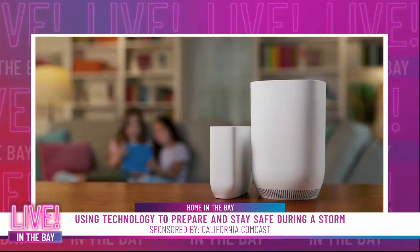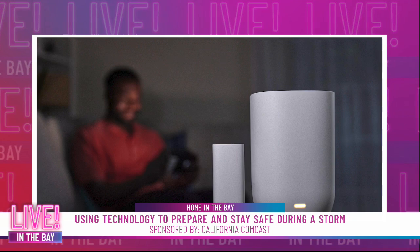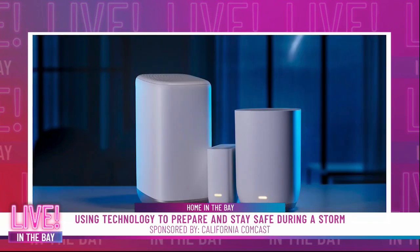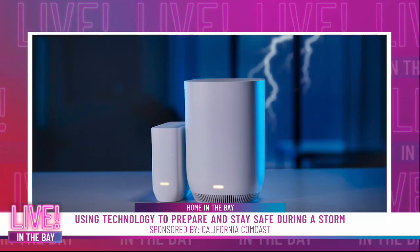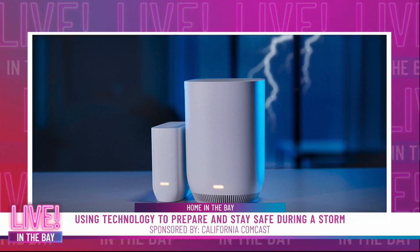So if you think about that device in the home that spreads the Wi-Fi signal throughout the rooms in your house, it serves to signal when the power has gone out and make sure that it switches over to a cellular network. So normally it's operating on a Wi-Fi network, but when it senses that the power has gone out, it switches over to a cellular backup network and then is operational for 4 hours. We found in our research that the average power outage is about 2 hours. So that 4-hour rechargeable battery keeps you connected to the internet